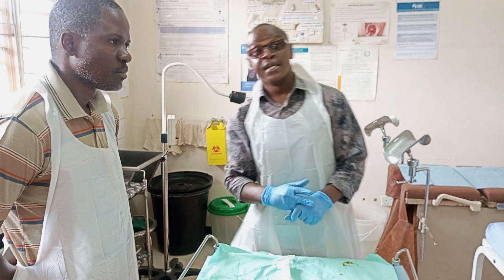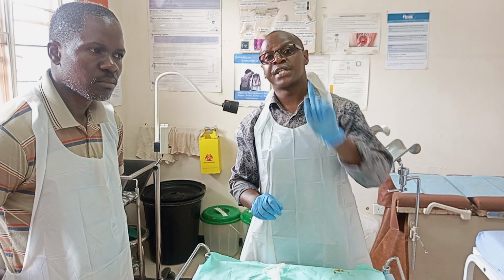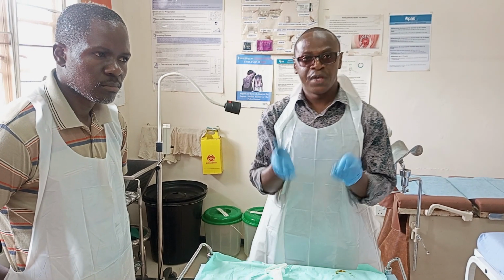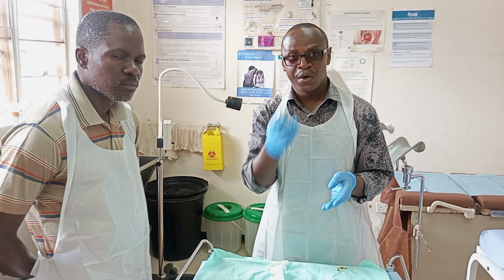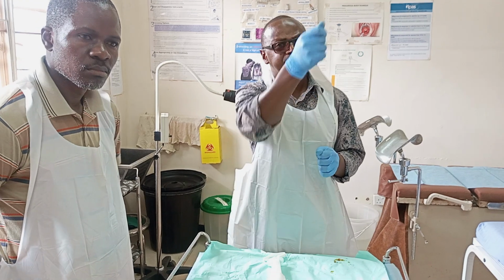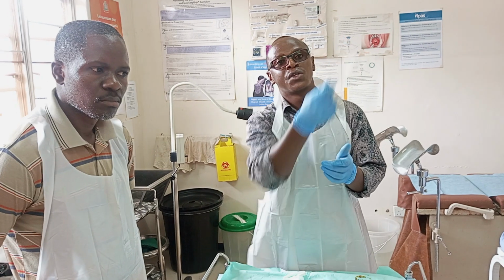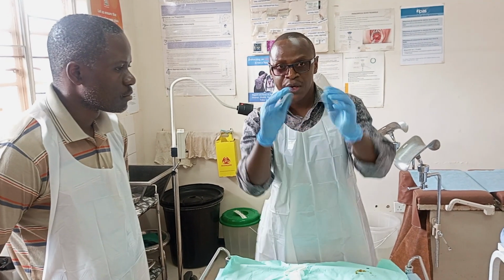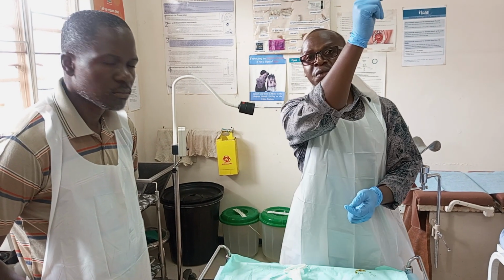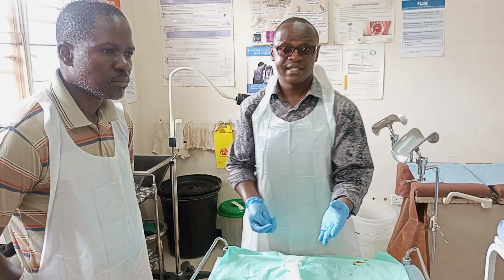The other complication is perforation. When we come to demo the actual procedure, we shall show how you can end up piercing through the walls of the uterus. Perforation is one of the complications. In the process of cleaning, you can end up accidentally pushing the cannula, which can pierce through the walls of the uterus. And instead of suctioning the RPOCs from the uterine cavity, you end up suctioning the intestines. You have already protruded into the abdominal cavity, and you only see intestines coming out. It's rare, but it's there. It's one of the documented